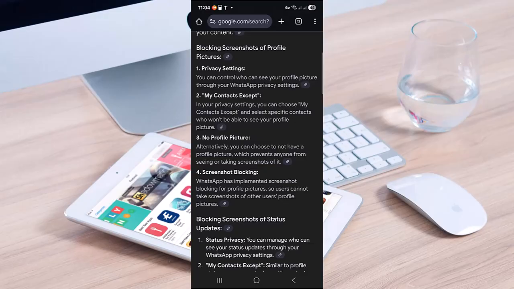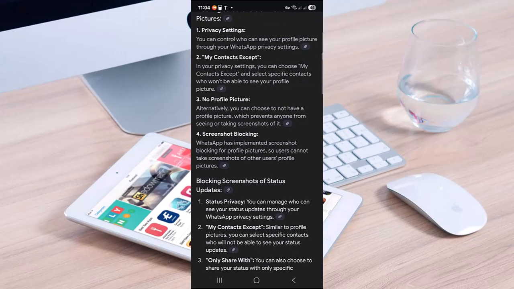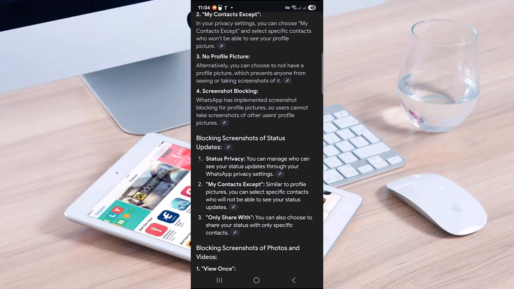WhatsApp has implemented screenshot blocking for profile pictures, so users cannot take screenshots of other users' profile pictures. So yeah, this is how you can do it. If you want to do it for the chats,